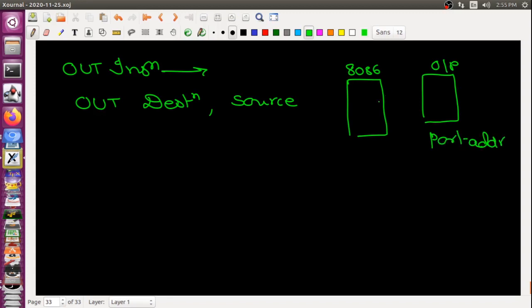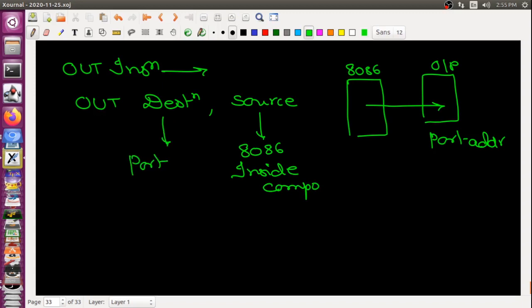The direction of data transfer will be from here to here, so the data will go from AL or AX. Here the source will be your 8086 inside component, please remember, and the destination will be the port address of that device.